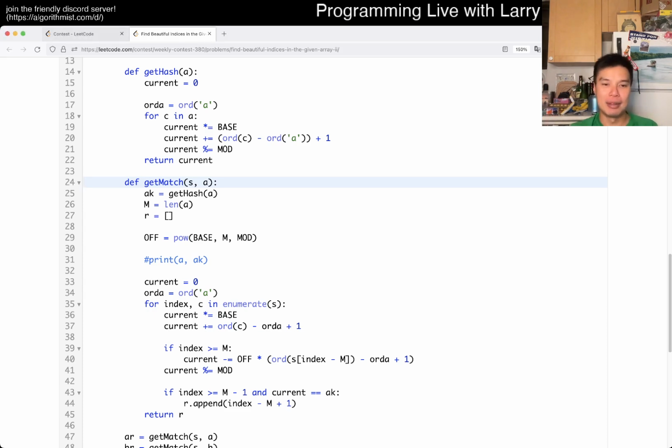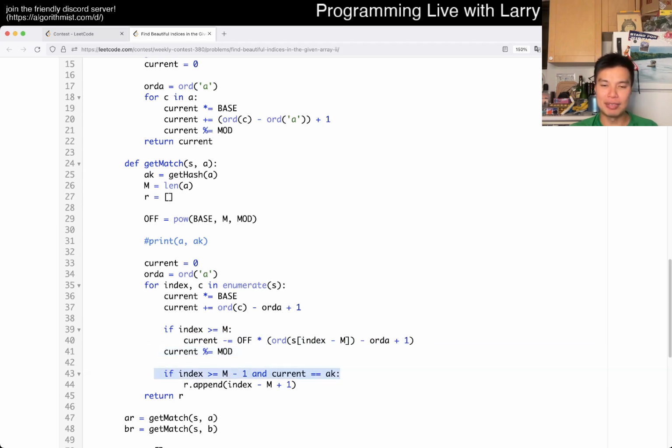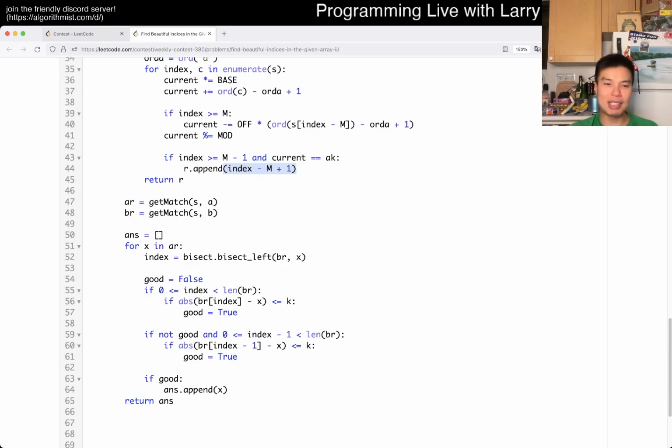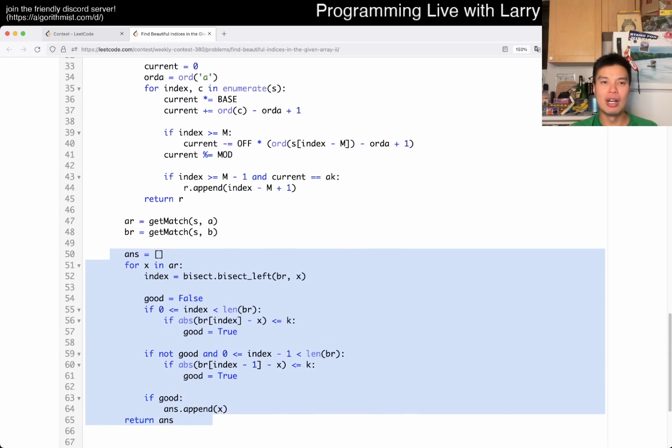But basically here, I shift, I add, I subtract out in a sliding window kind of way, and then I make sure that I mod. In Python, you could get a mod on the negative number, which is why this looks okay. And then now if this is long enough, just a minor thing, but also if the current is equal to AK, that means that the hashes match. Then now we append the first, just getting the beginning of the string, and that's pretty much it. Everything else is the same as Q2.